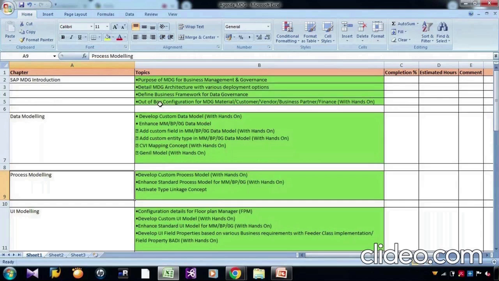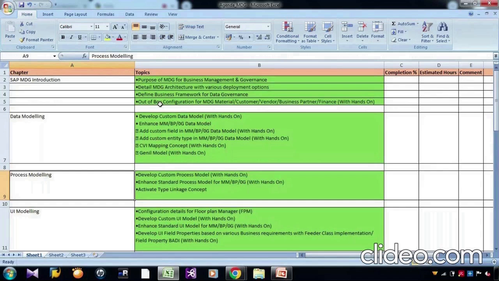There are some SAP documents as well, but also documents which I particularly prepared based on my experience, with the necessary screenshots, which will help you understand how we need to maintain such things practically.